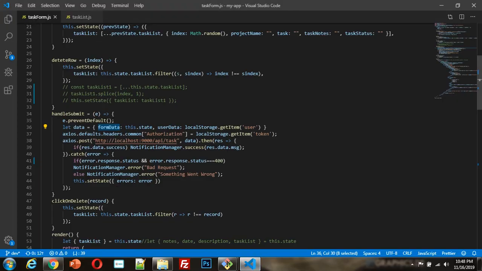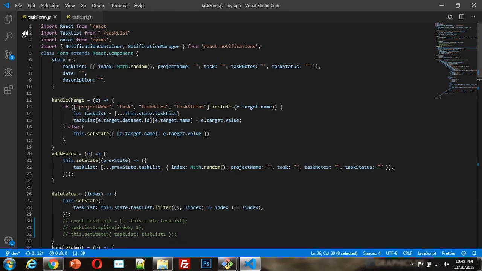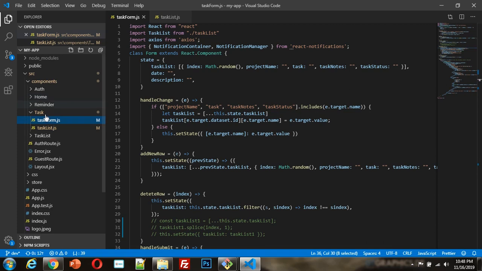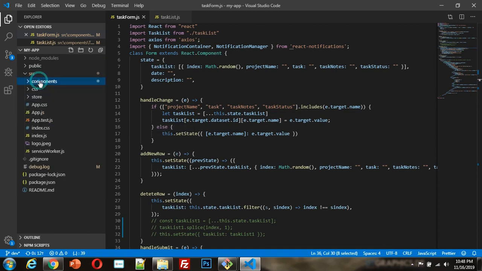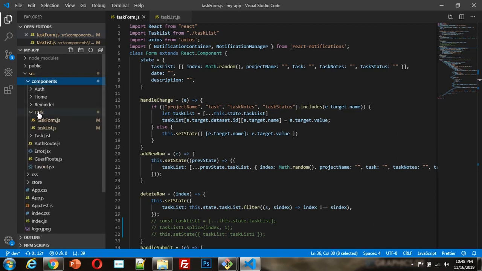So here is the code. I'm going to show my folder structure. The components is the one folder that I created. In that folder you will find task, and in task you will find two files, which are task form and task list.